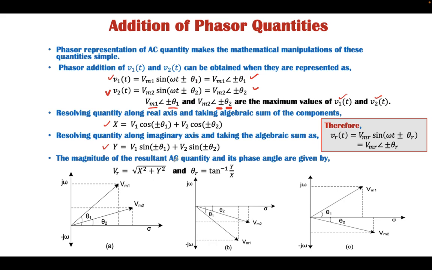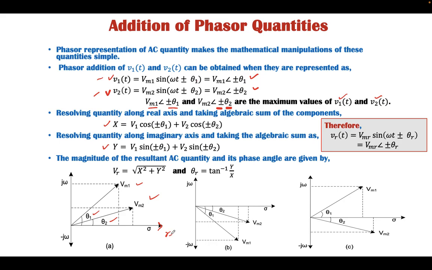And here, resolving these two components is nothing; we can find out the sum of these two quantities v1 and v2. Although earlier it was in instantaneous form, this instantaneous form is represented in polar form, and this polar form is converted into rectangular form or phasor form. Here we consider that there are quantities v1 and v2 with a phase displacement of theta 1 and theta 2